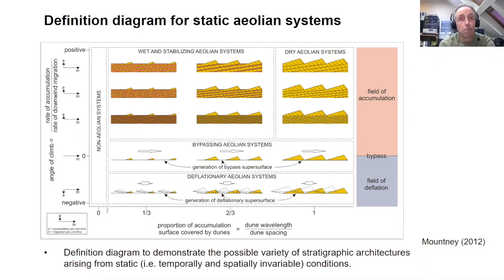And then where it says bypassing in the center of the diagram, we've got systems that are purely tracking sideways. And indeed, in the lower part of the diagram, we can have Aeolian dune systems that deflate. They lower their surface over time by stripping away pre-existing deposits. And so this is a definition diagram. It shows examples of types of static systems. But